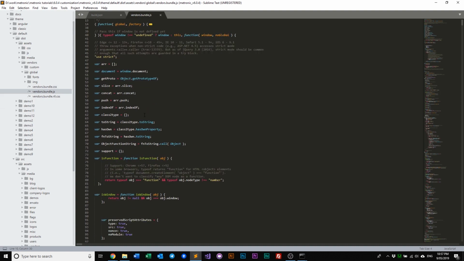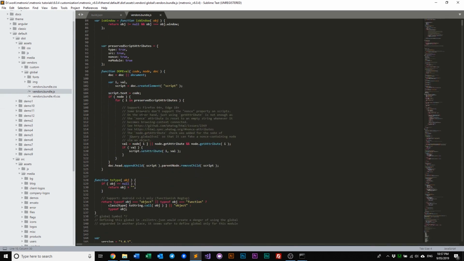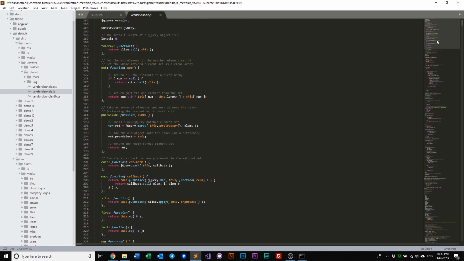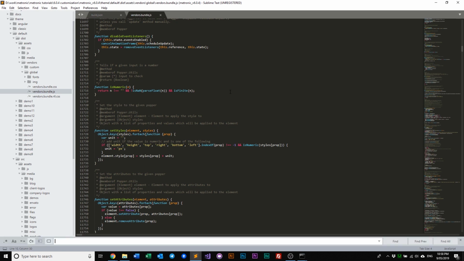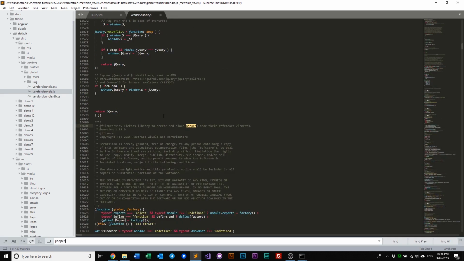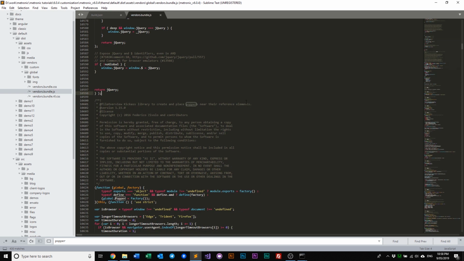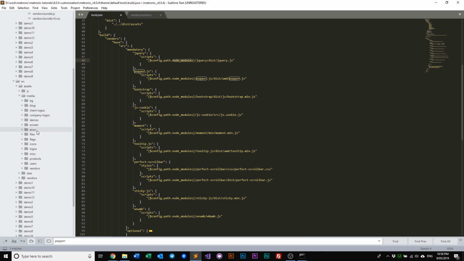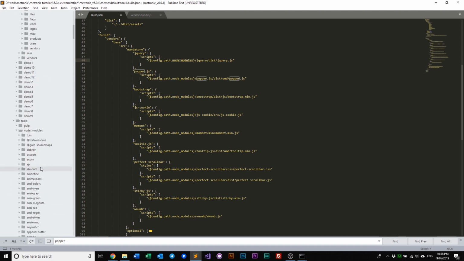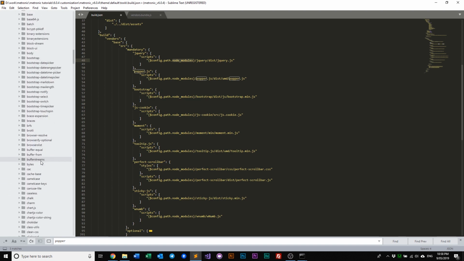So probably if you scroll down a little bit, we need to see where jQuery ends. All right, let's just do a quick search. Yep, this is where jQuery ends, and this is where popper starts. If we have a look at where we are grabbing the source, we're getting it from node_modules, jQuery, dist, jQuery.js. So we can always have a look in our node modules, and we find jQuery,